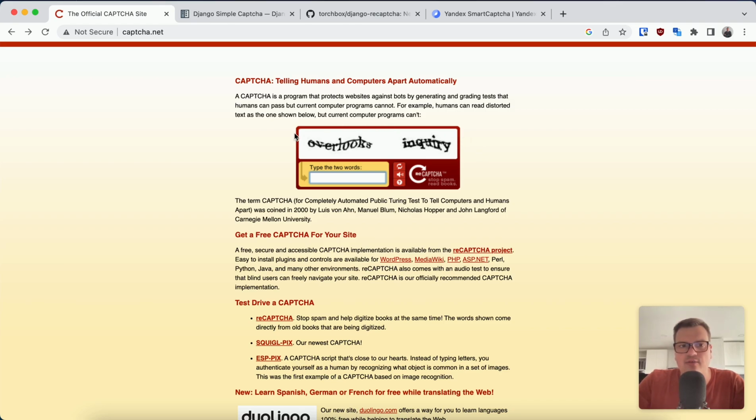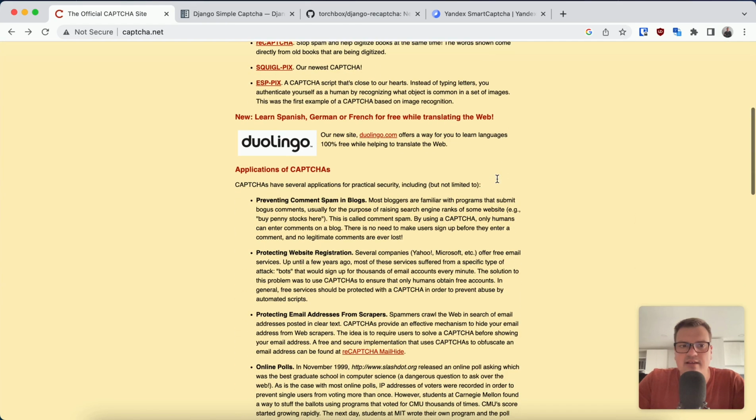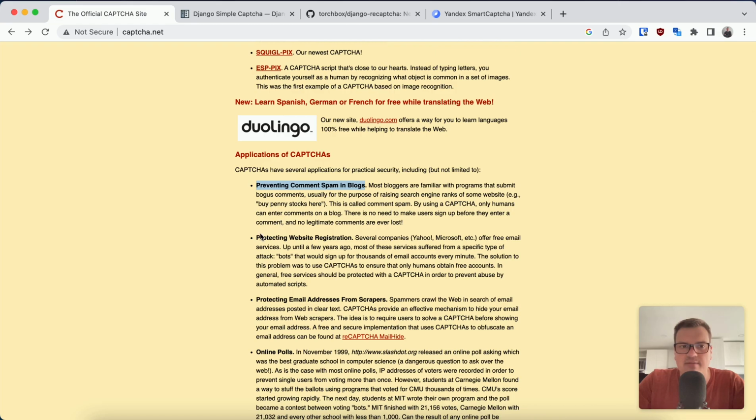However, the idea of CAPTCHA is familiar to you. It's basically a kind of image, or it could also be an audio file, and you need to enter the data from this image, or you need to do some simple mathematics and put it in this text field, and then this CAPTCHA will allow the submission of the form. So there are several applications of CAPTCHA, such as preventing comment spam in blogs, protecting website registration,